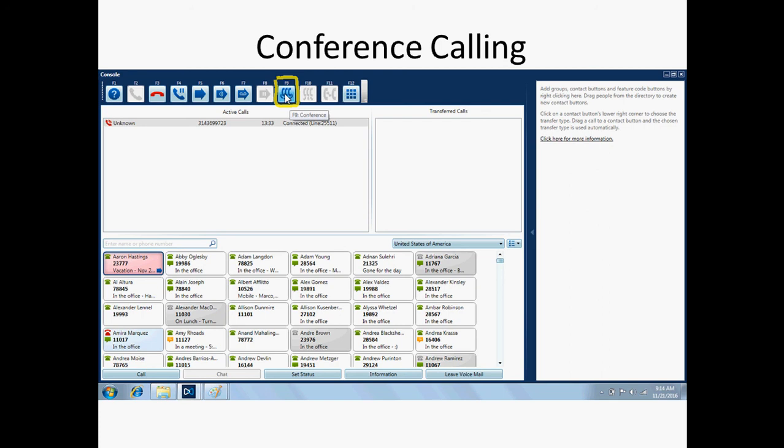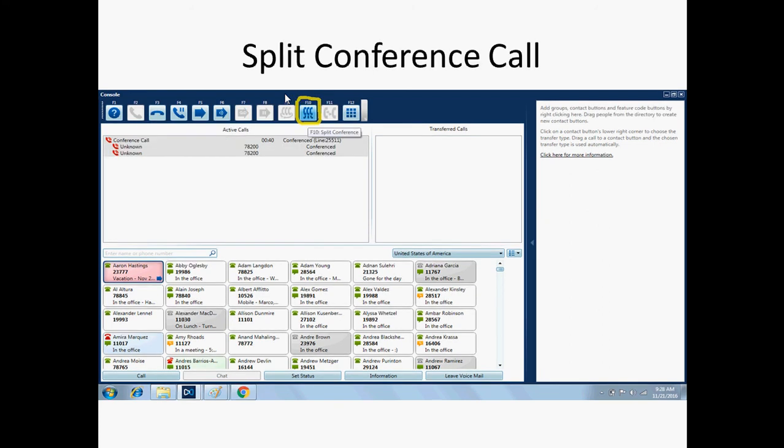So once you have conferenced in someone, it's going to give you two new options. The first option that'll light up is split conference. A split conference is for when you're on a call with two other individuals and you need to split them off to talk to them individually. So if I have you and someone else on the phone, I could hit split conference. It would basically put you guys on different lines, and then I would immediately go to the first person I